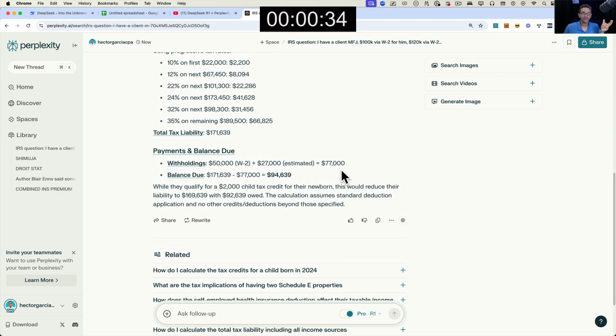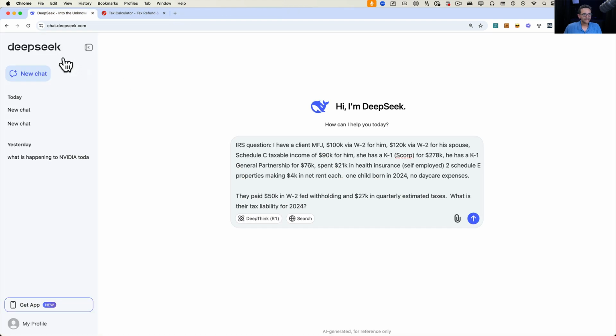So what I like about this is you don't have to use the Deepseek website. You could also use tools like Perplexity, and there's many others like Perplexity that will use other engines to run and calculate. So back to Deepseek for a second.